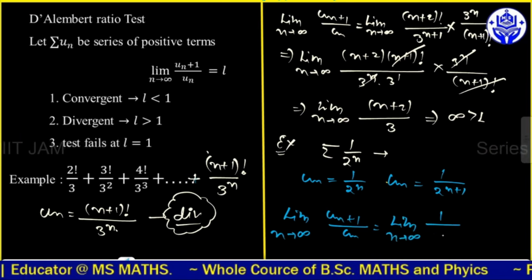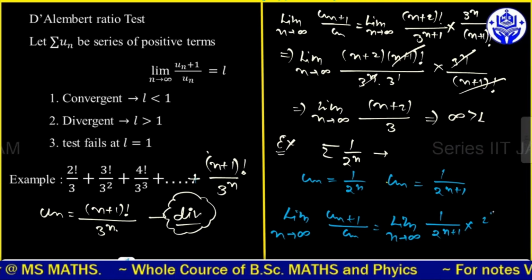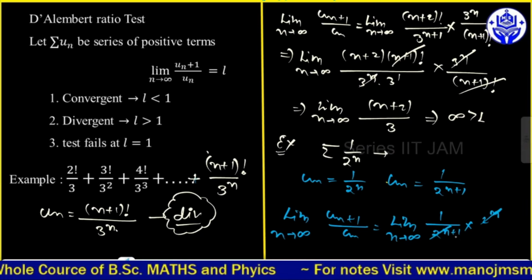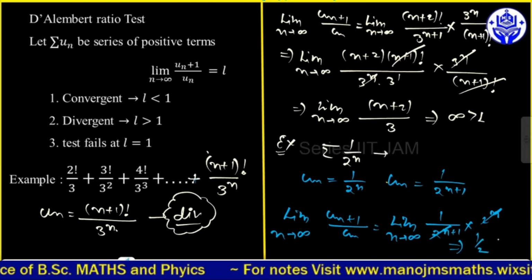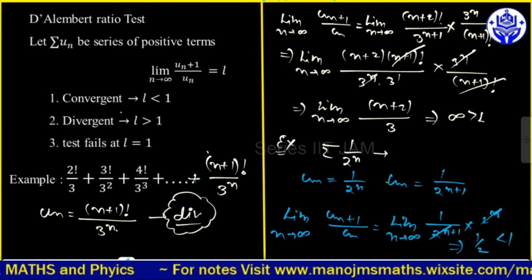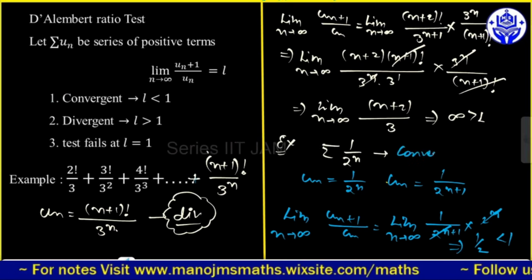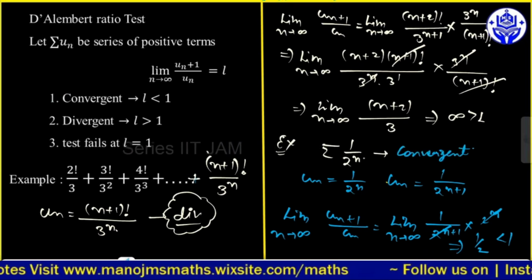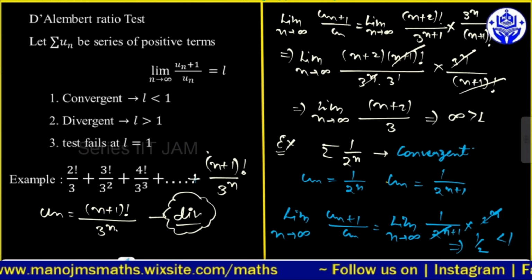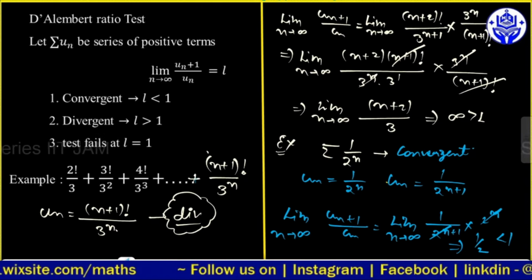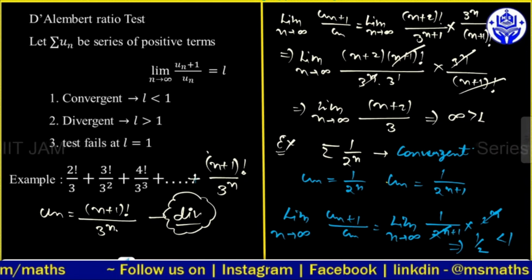ये हो जाएगा 1/2 पावर n+1 इंटू 2 पावर n। तो इसको जब हम सिंप्लीफाई करेंगे तो ये कट होगा और आगे 2 आ जाएगा। तो ये 1/2 मिल रहा है, और 1/2 लेस देन 1 है, तो हम कहेंगे दिस सीरीज इज कन्वर्जेंट। वैसे भी ये जीपी, ज्योमेट्रिक सीरीज है, तो उससे आप भी इसको बिल्कुल इजीली सिंप्लीफाई कर सकते हैं।